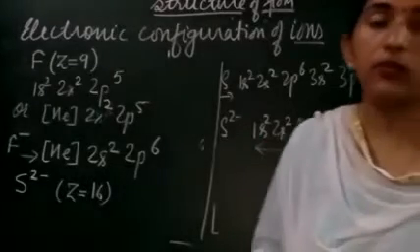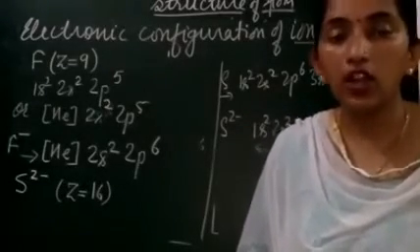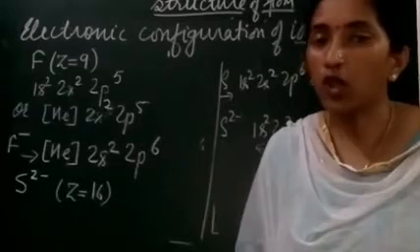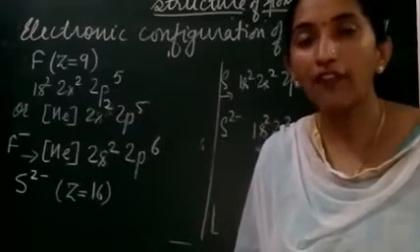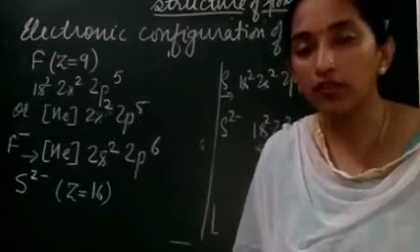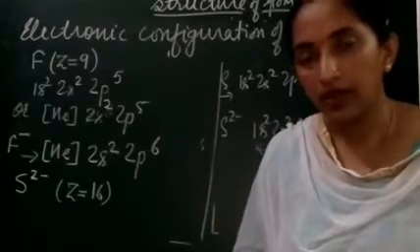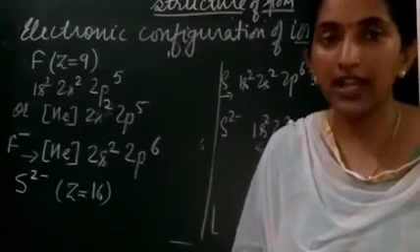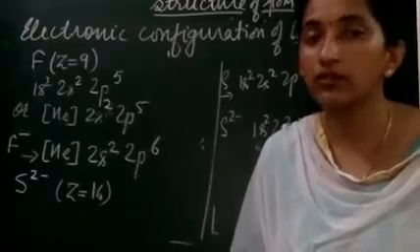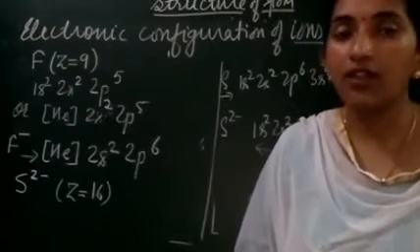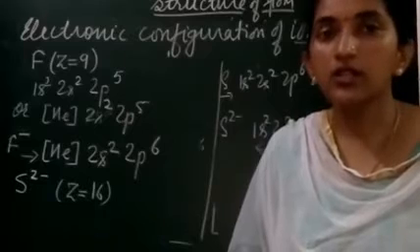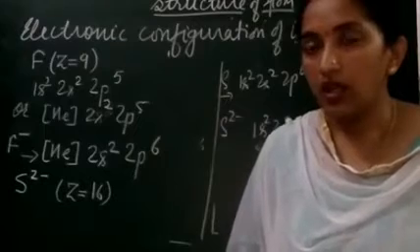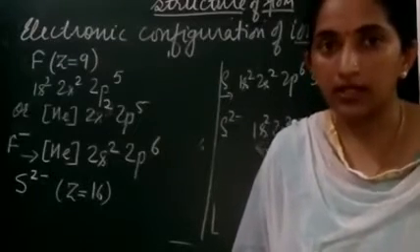So what I am saying here is that whenever we have to write the electronic configuration of an ion, it should be clear whether we are getting the positive charge form or the negative charge form. When a positive charge is formed, we have to remove the electron, and the electron will always be removed from the outermost shell, right? And when a negative ion is formed, it is formed by the addition of electrons, right? And it is going to follow the Aufbau principle. It is going to follow the energy level diagram, and in the same way the electrons are going to be added, right, students? So just practice electronic configuration. It is going to play a very important role in the study of the elements, right?